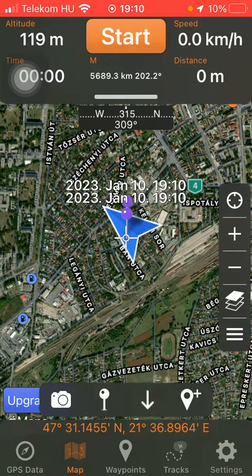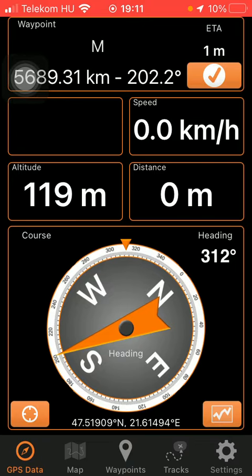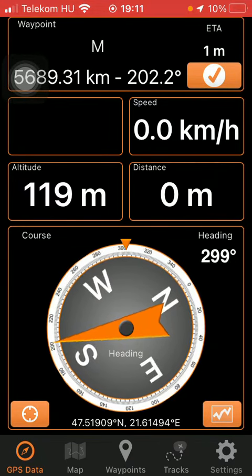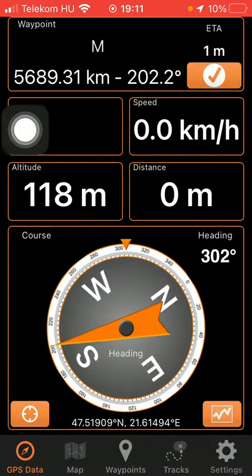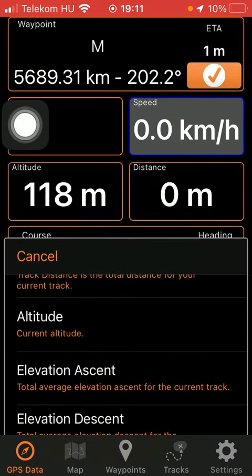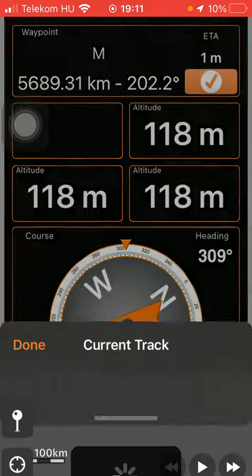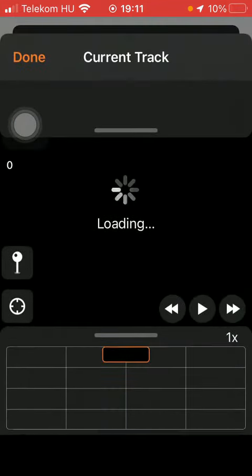First of all, open the application on your phone. Then you should tap on the GPS data button down below in the left side corner of the screen, and here you can find the compass. As you can see at the top, you can see the waypoint that you can edit if you tap on it. Then you can check out the speed here, as well as the altitude. Then the distance is also displayed, and basically that's it. Here if you tap on this button down below in the right side, you can check out the current track,